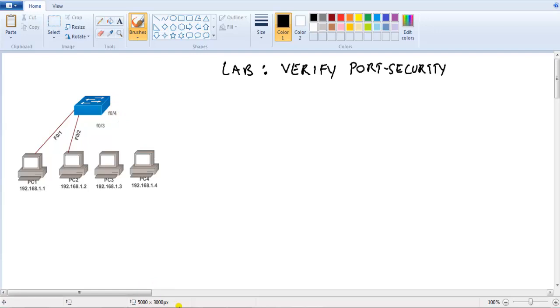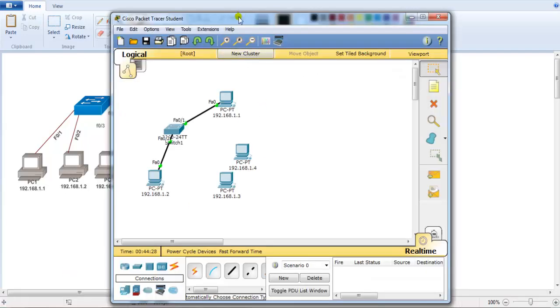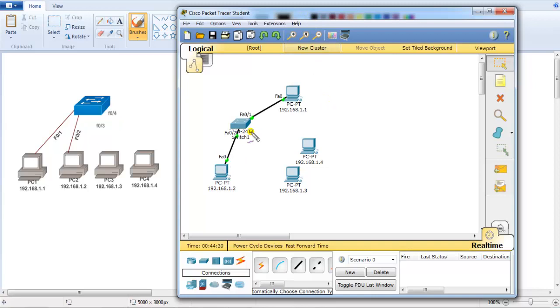I've got my topology similar to what you can see in the diagram here. I've got my switch, which is connecting port number 1 to one computer, 192.168.1.1, and port number 2 is connecting to 192.168.1.2. So what we are going to do is limit the port security on this particular port to 2 MAC addresses. Two MAC addresses means it's going to learn from this MAC address, PC1, and then I'm going to connect another computer later on. I'll remove this connection here and then try to connect another PC, 1.3, which means the maximum MAC addresses learned is 1 and 2.